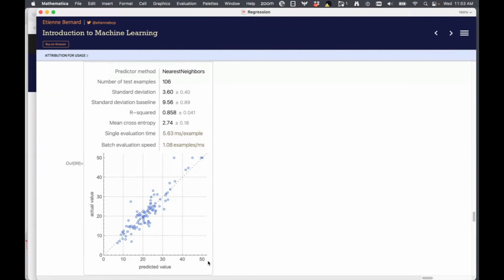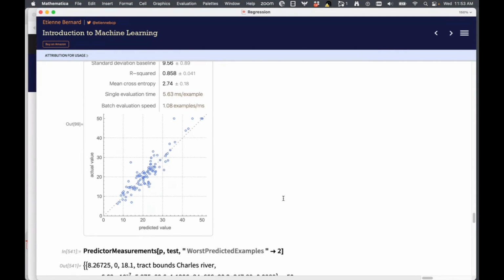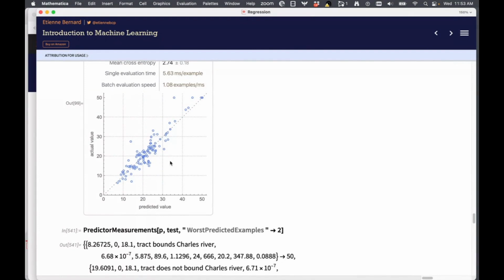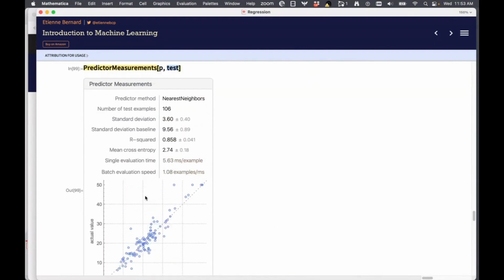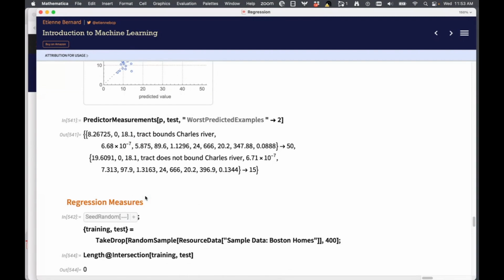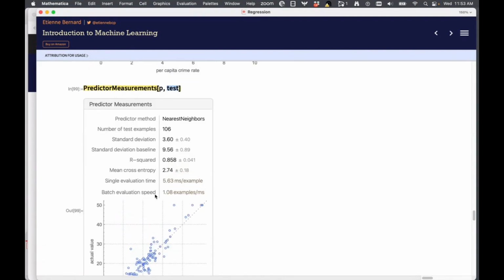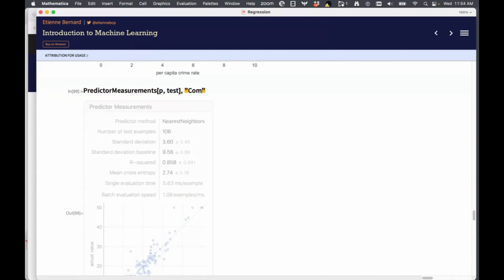So you can see whether your predictor is overshooting or undershooting, and how well it aligns with the original value of all the test samples. Some useful things about this sort of scatter plot, and in fact the right name for this is comparison plot. So I think you can go ahead and say that you want the comparison plot.